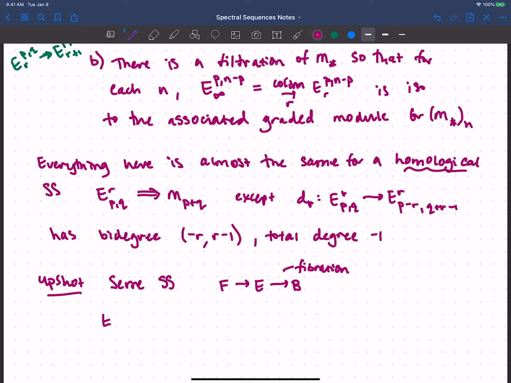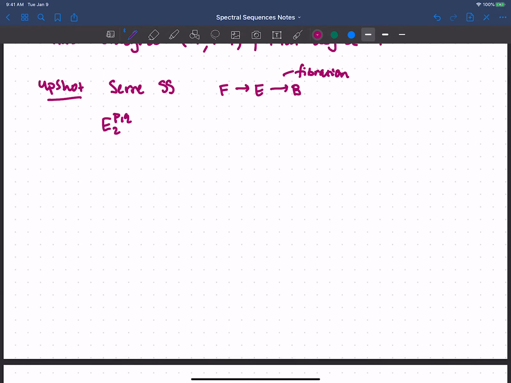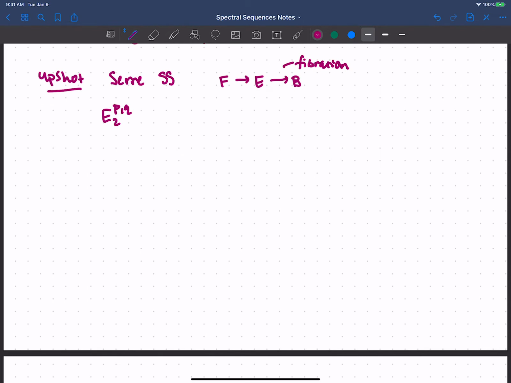Then when we write E_2^{p,q}, what we do is we say, actually we know how to specify that. So it's the pth cohomology of the base with coefficients in the qth cohomology of the fiber. And we wrote this arrow to H^{p+q} of the total space, E. Well, really this is just shorthand for saying there's a spectral sequence